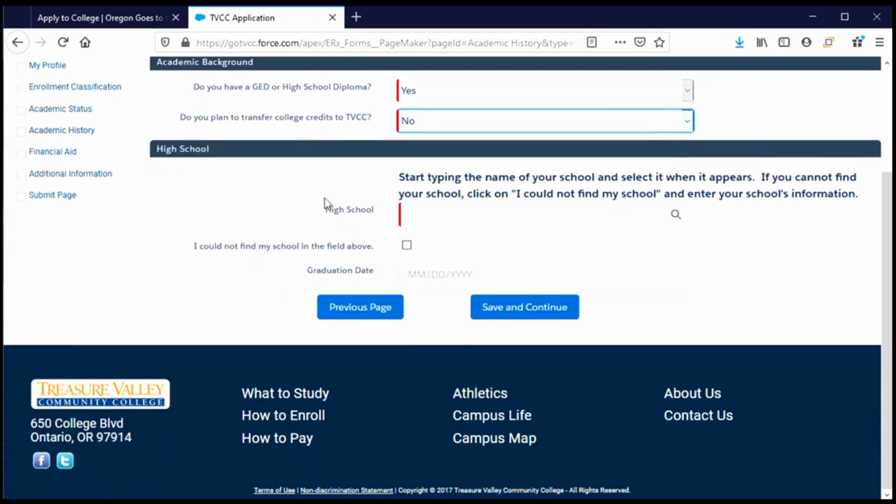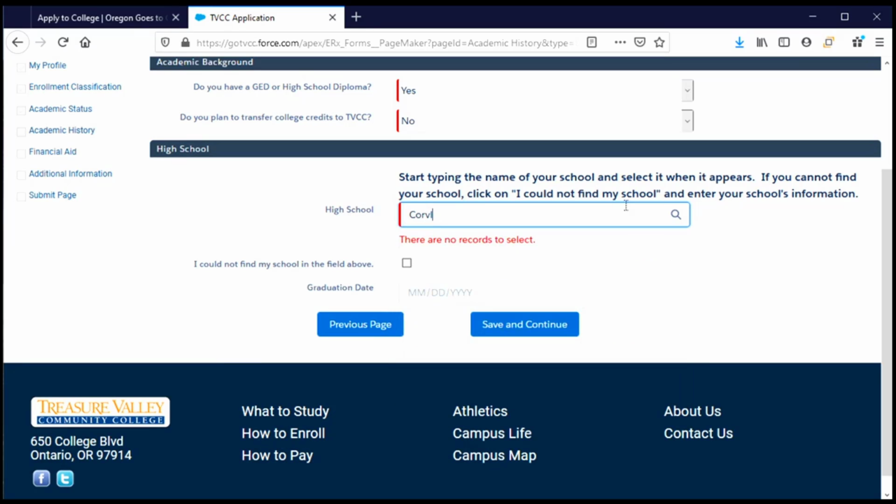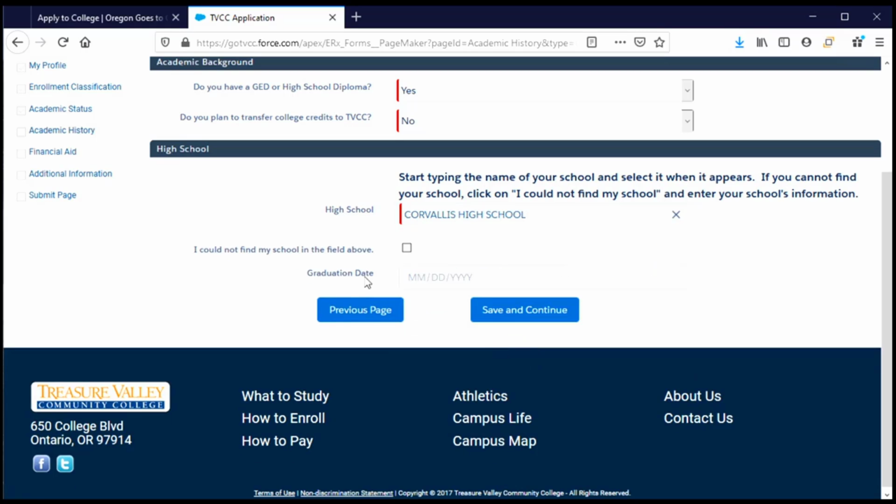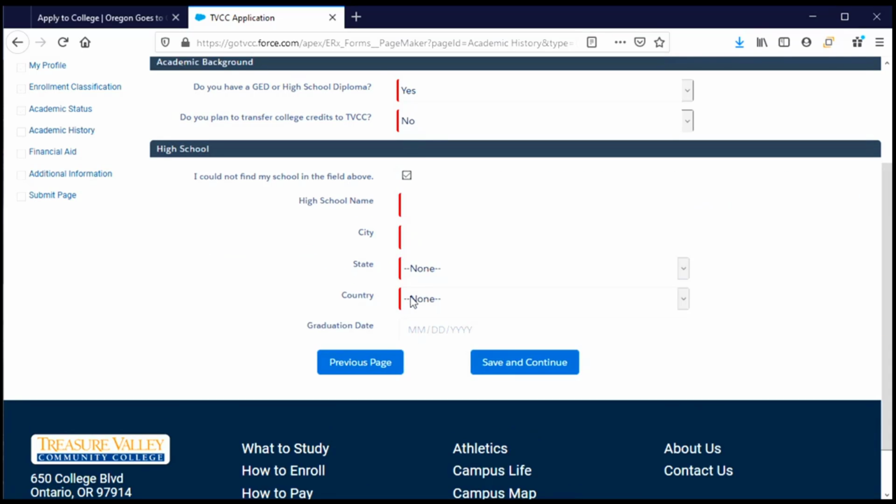And they want to know what high school we attend. And so it's going to ask us to start typing that in and choose when our high school shows up. So I'm going to go down and look for my high school. Now I'm going to notice there are two Corvallis high schools. One is in Oregon, one is in Montana. So I'm going to choose the one that is right for me. So just check to make sure if you see more than one high school with your high school's name. If you don't find your high school in the list, you can check this box and it will allow you to type that information